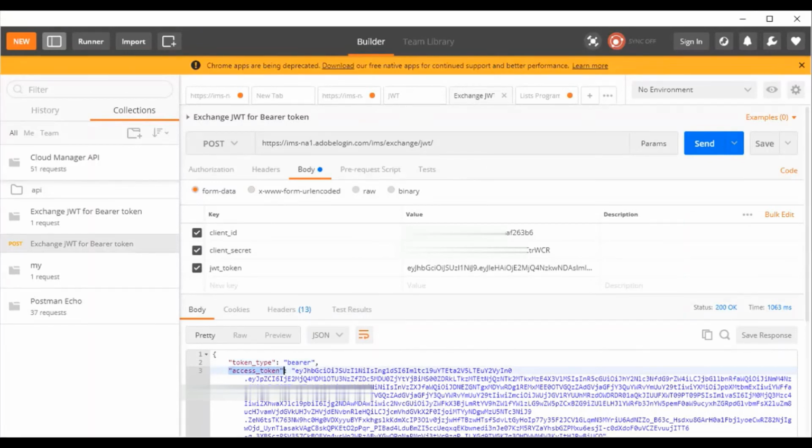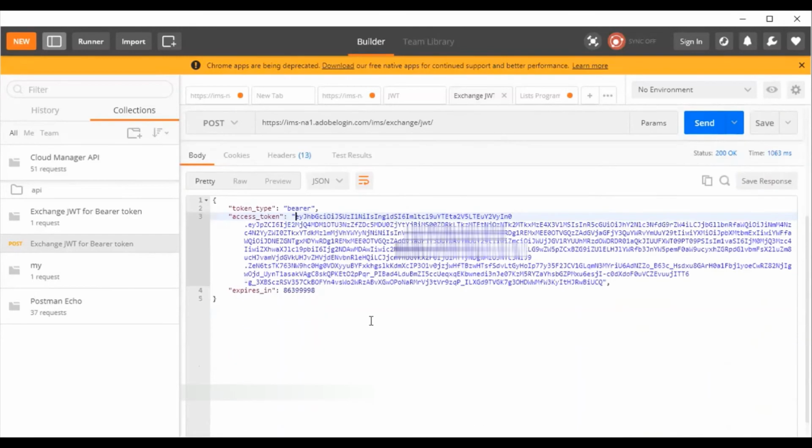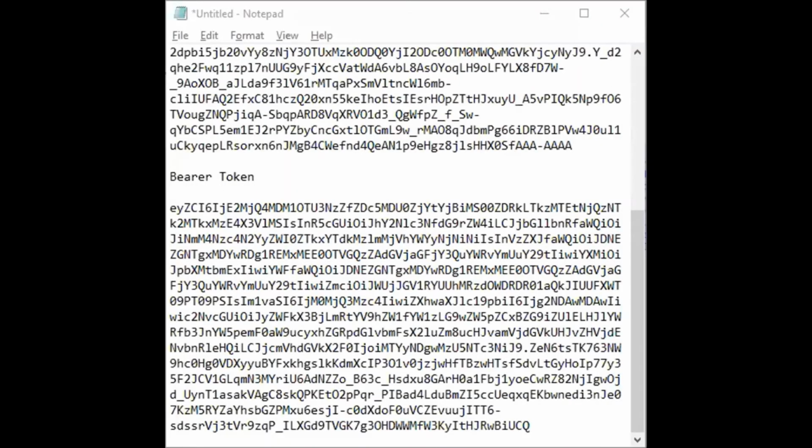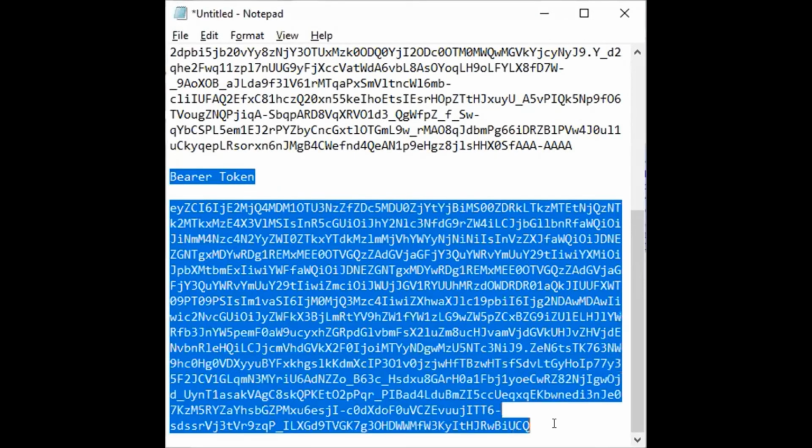So basically what we have done is exchanged our JWT token and received the bearer token. Next step is to copy the bearer token. I have saved the bearer token for my future use.